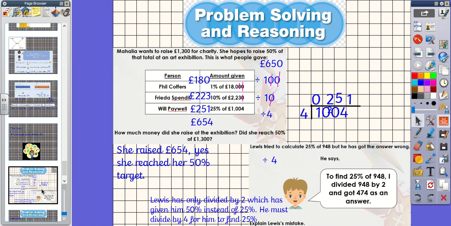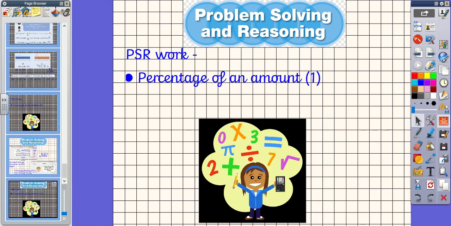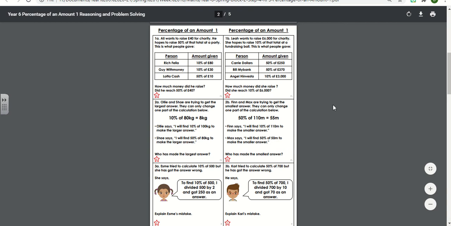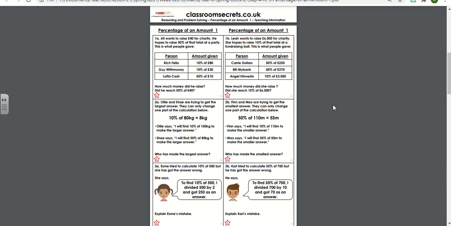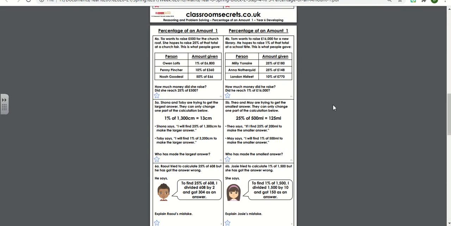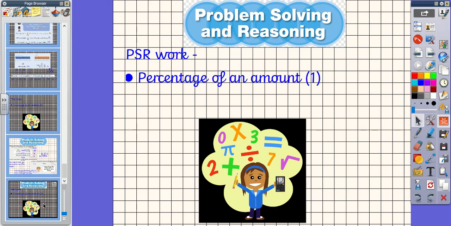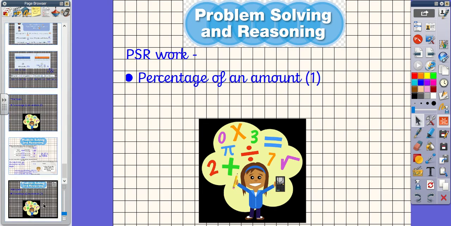Okay, so your work today, problem solving and reasoning. So you are going to go diving deeper onto percentages of amounts. So bronze, only 3 questions, questions 1, 2, and 3. Silver, 3 questions, 4, 5, and 6. And gold, 3 questions, 7, 8, and 9. Remember, always go back if you forget how to do it. If you need some extra support, please let us know and we will get back to you as soon as we can. Upload your work to Dojo as well,